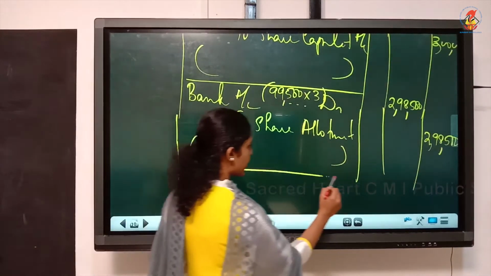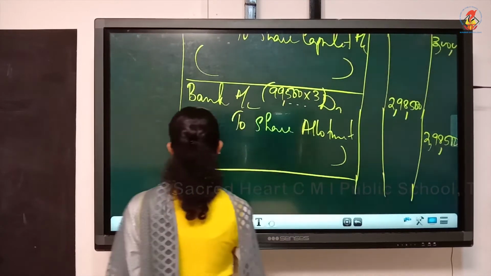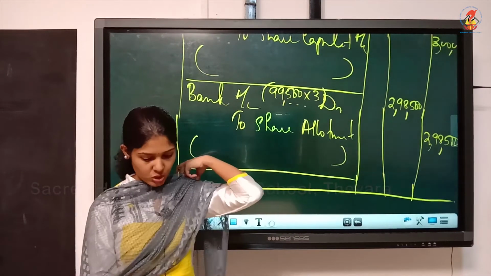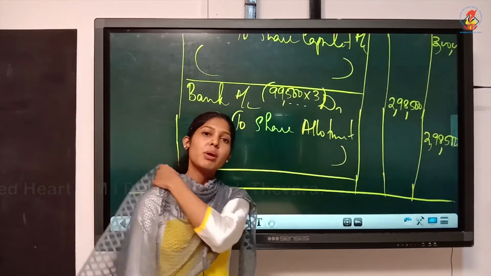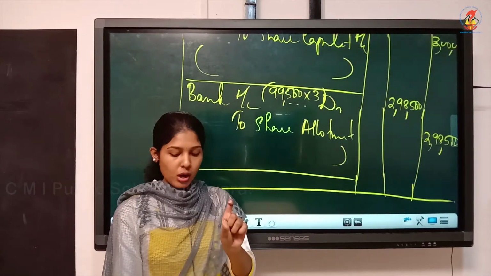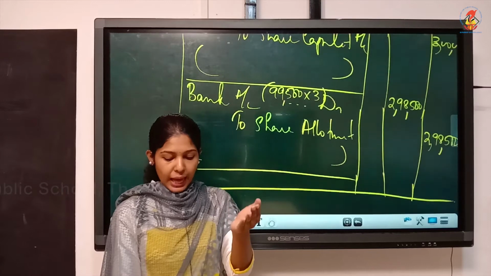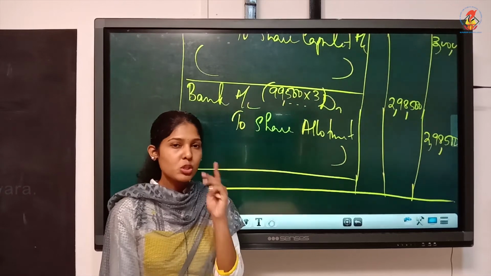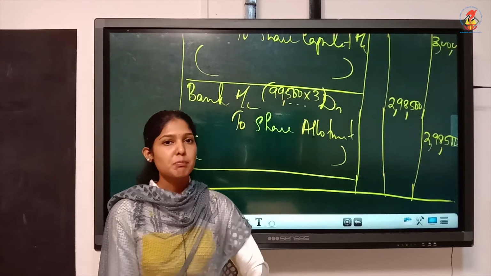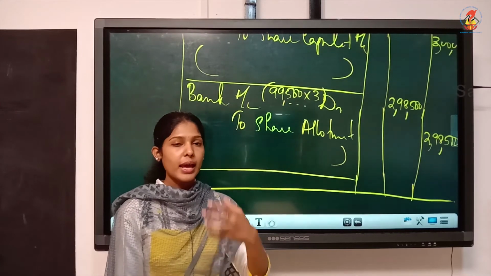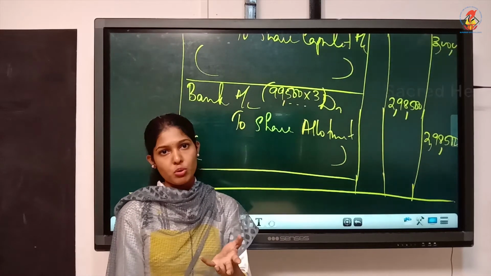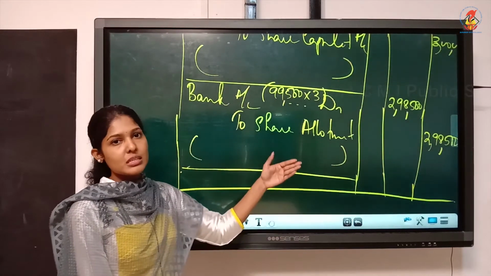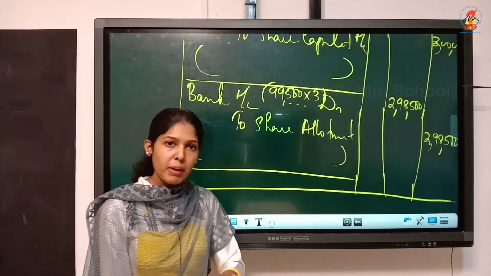What is the next entry? The next entry is actually the first call. First and final call is there in the question, but we are not writing it for this question because it is written in the question balance when required. Balance means 4 is what we have to collect. It is to be collected when it is needed by the company. It is not mentioned in the question that the company has called for the amount. Company has not yet asked for the amount. So no entry is needed in the books now because company has not made calls.